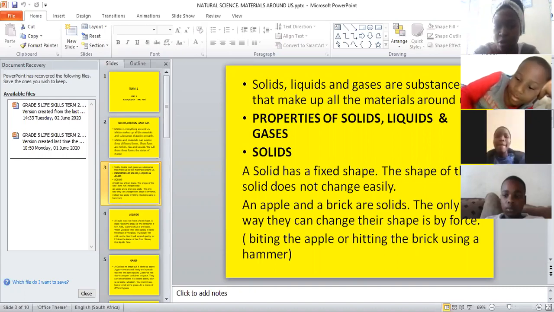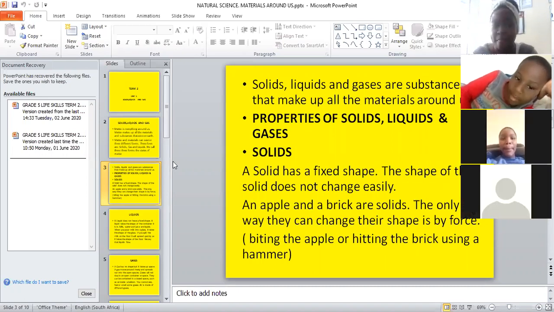So that's why they said the only way they can change their shape is by biting the apple or hitting the brick using a hammer. Okay. So we talked about solids. You understand what is solid and what it does. Okay. Then moving on,